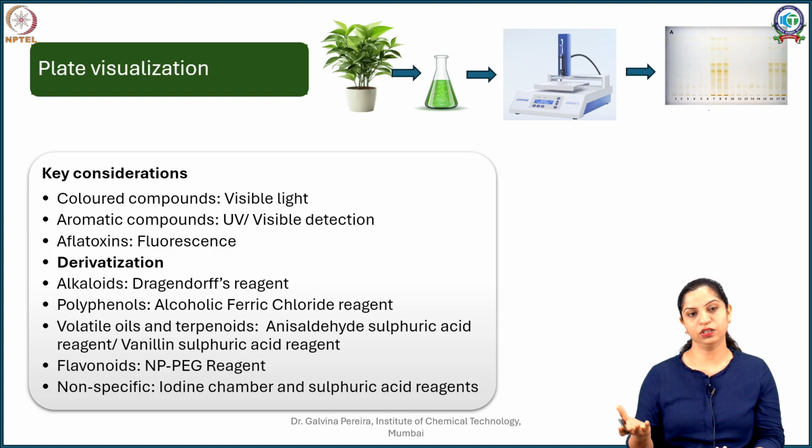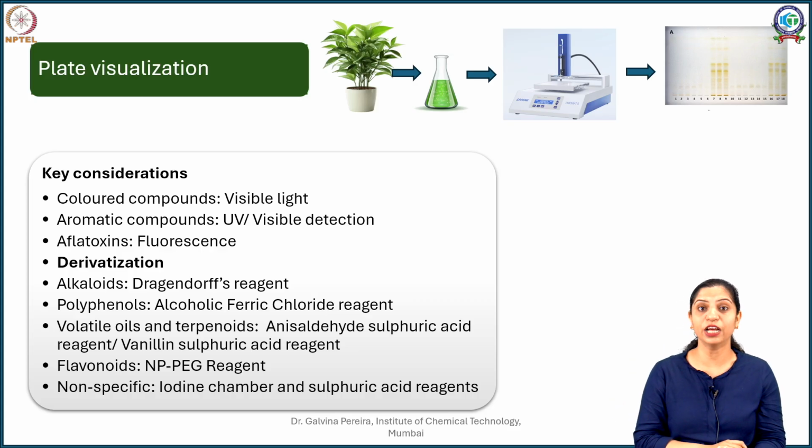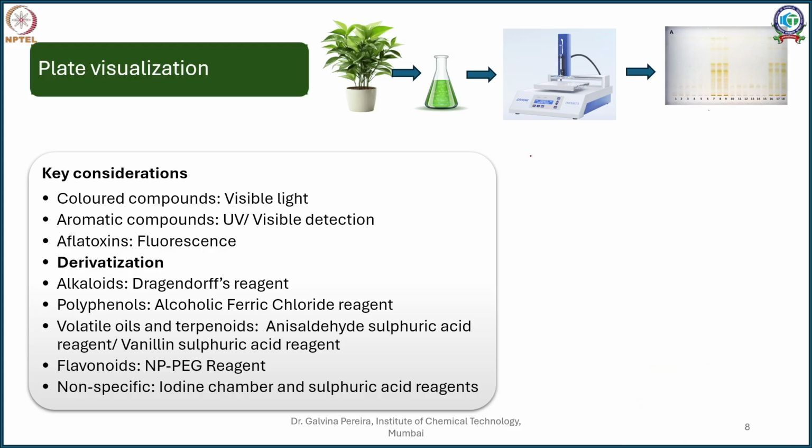Now what is this detection using UV-vis? Under visible light sometimes the compounds are not visible, but when you put it under UV light, especially, there are two UV lamps in your TLC viewing chamber, one at 254 nanometers and another one at 365 nanometers. These two lamps, there is a reason. Many times your TLC plate contains a fluorescent substance which fluoresces at 254 nanometers, and then your aromatic substances quench on them.